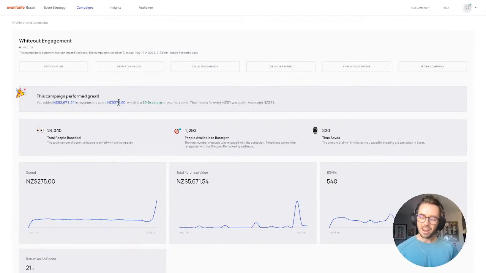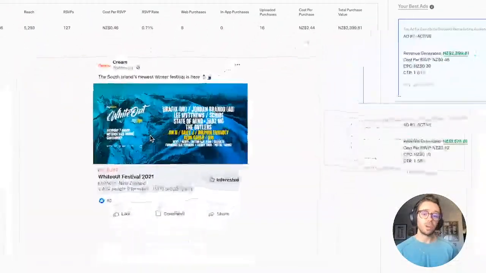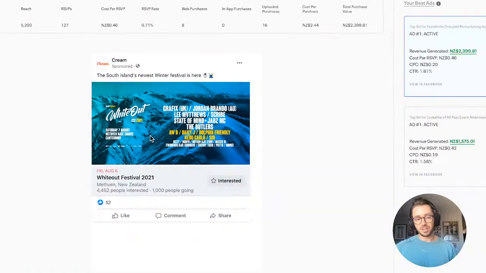Now, one really cool thing to note about this campaign was they were running one of those RSVP ads. So what they did was they used